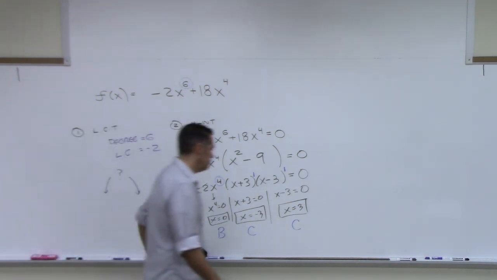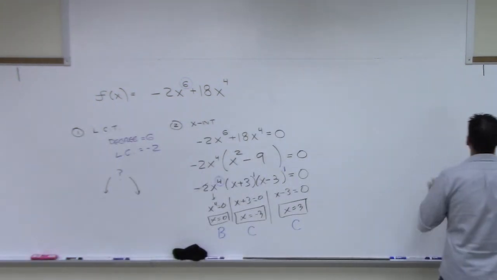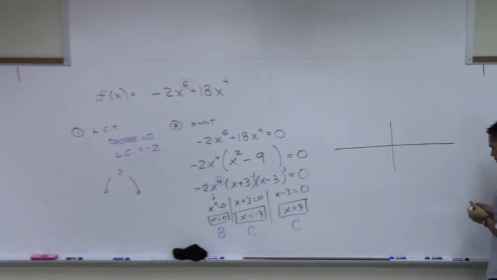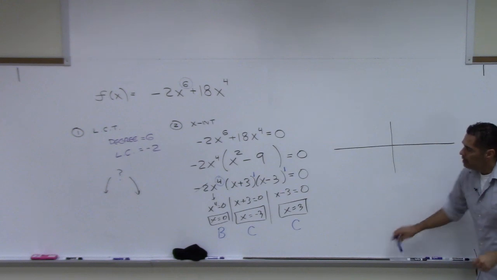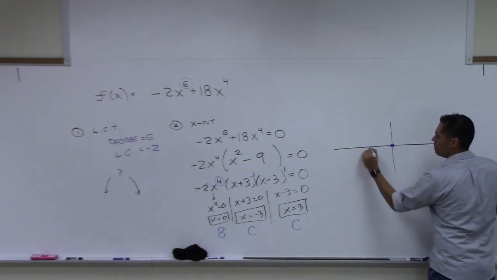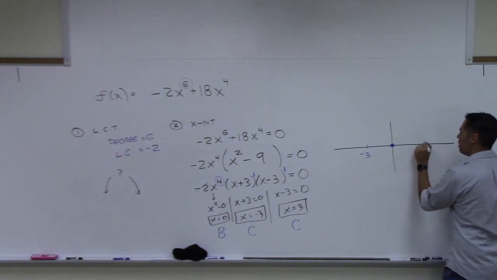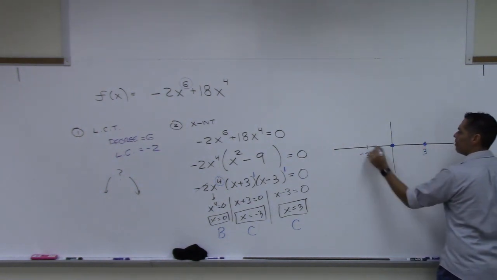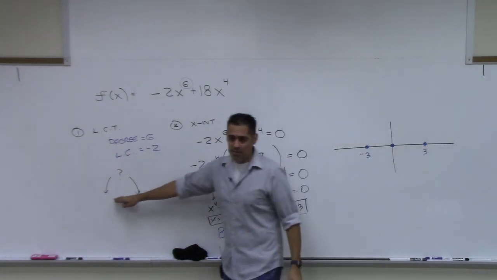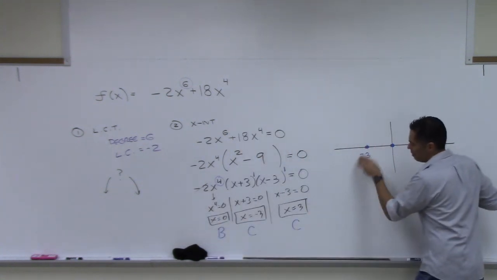And now you draw. So you draw your x and y axes. You place your x-intercepts: 0, negative 3, positive 3. I know that the left side goes down and the right side goes down, so I know that from this point over here, it's got to go